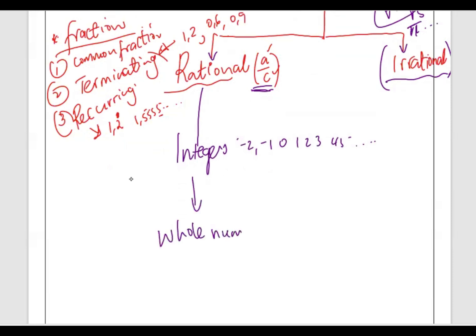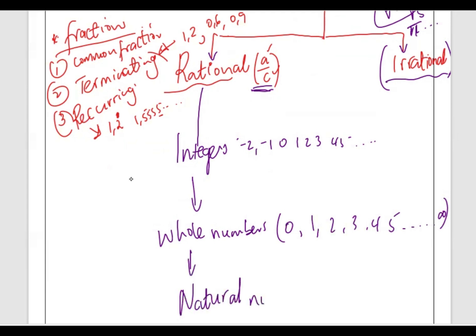Okay, so whole numbers are basically counting numbers, but you have to include the 0. Examples would be 0, 1, 2, 3, 4, 5, and so on up until infinity, okay? Then below the whole numbers, we have what we call the natural numbers. Natural numbers are the typical counting numbers, which are 1, 2, 3, 4, 5, 6, 7, and so